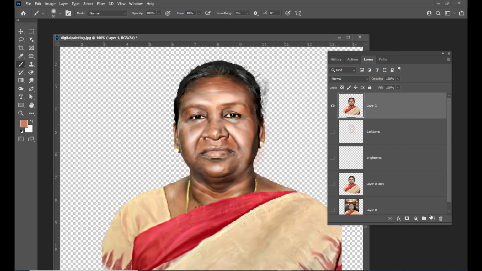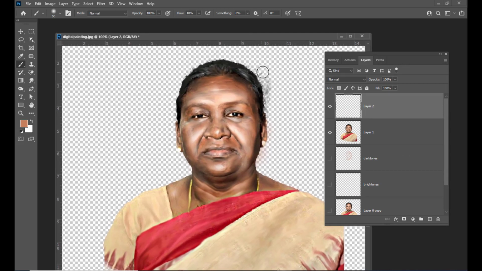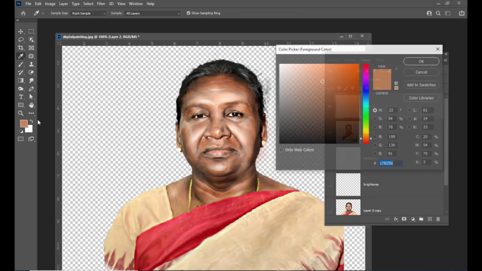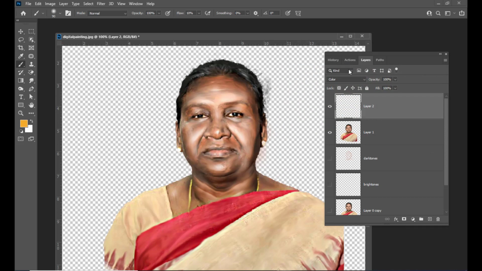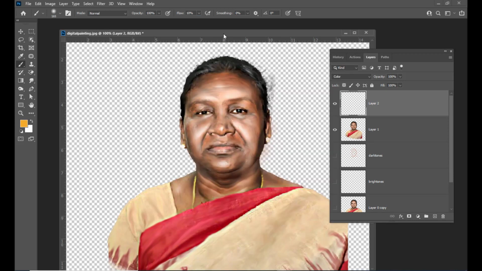Just we need to take a new layer above the active layer, and we'll just select the brush tool, and we will change the blending mode to color, and we will first pick a color, and we will just use somewhat yellowish color, and make sure that the flow value is only 10%. Increase the size of the brush,